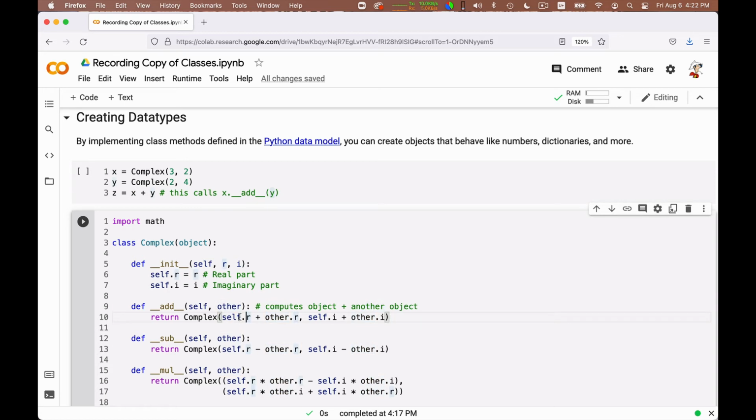So I simply say self.r plus other.r as the real part of the new object. Self.i plus other.i is the imaginary part, and I pass these computed real and imaginary parts again to the complex constructor, so that I construct a new complex number that is the result of the addition.